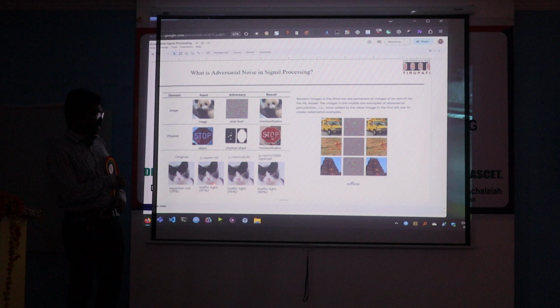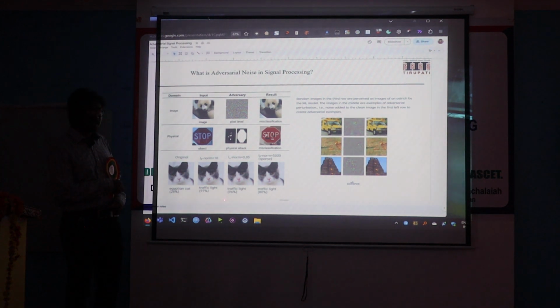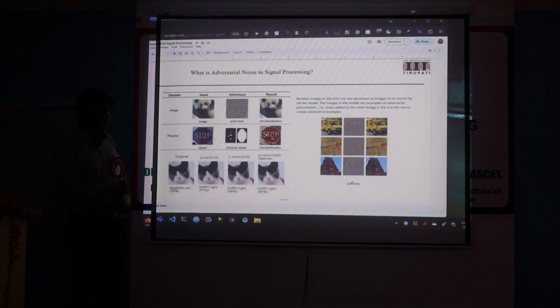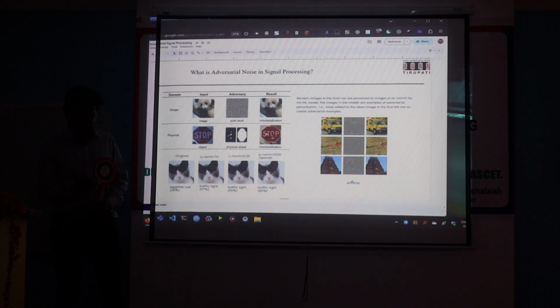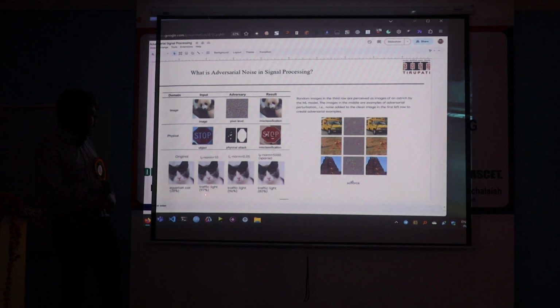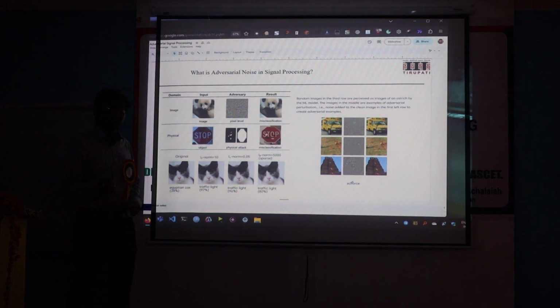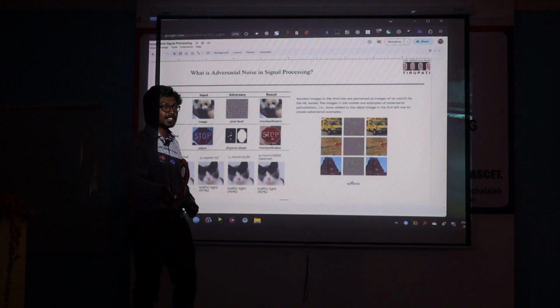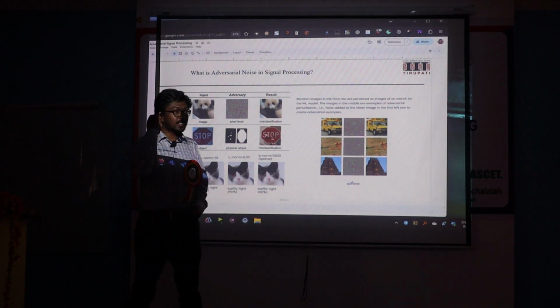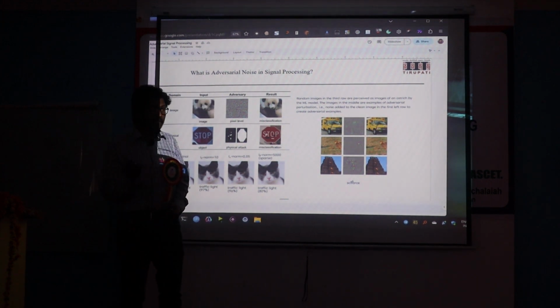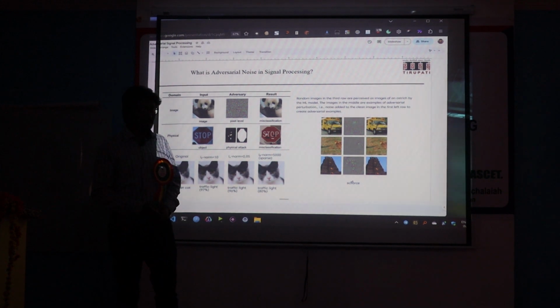Add some noise. The prediction is traffic light, and it is saying this is a traffic light. It is not just saying it's a traffic light, it is saying it's a traffic light, 97%. It's saying I'm 97% sure it's a traffic light. And this is a deep learning algorithm. And people will say, oh, your deep learning algorithm, you should be right.